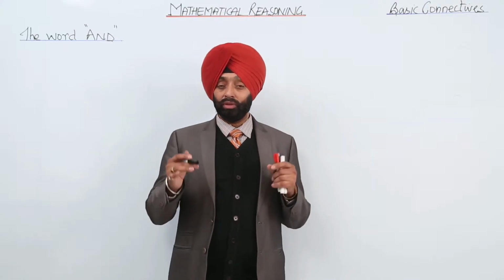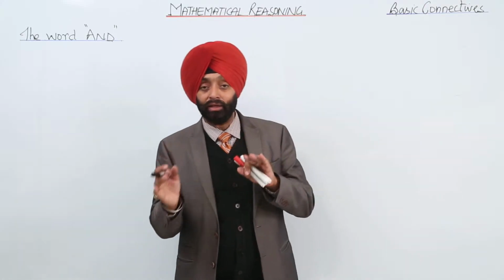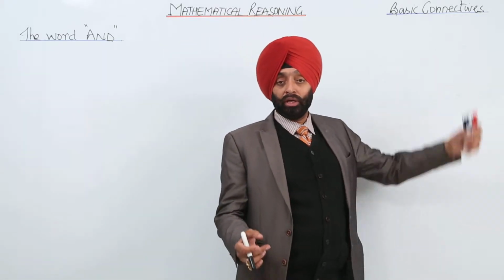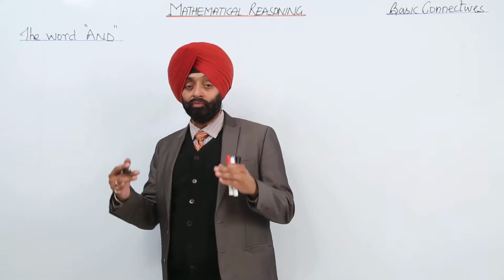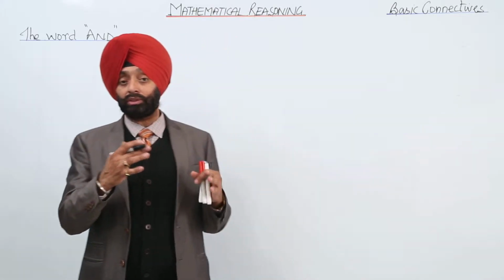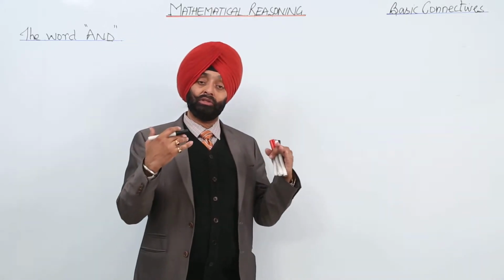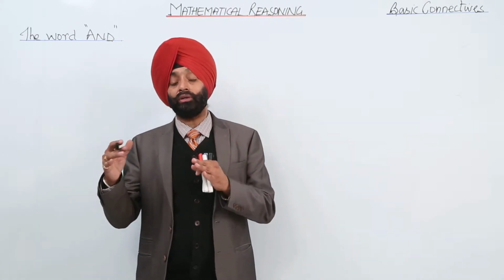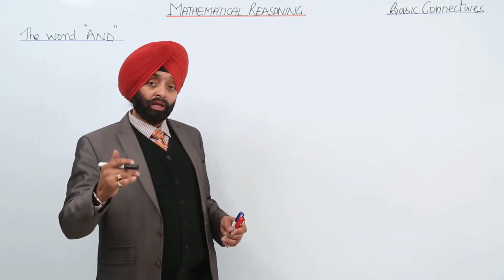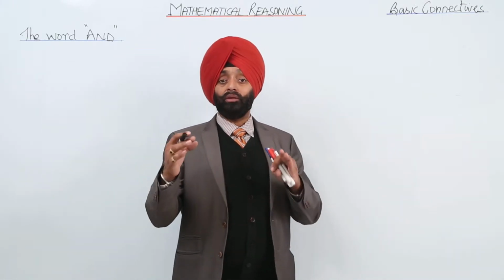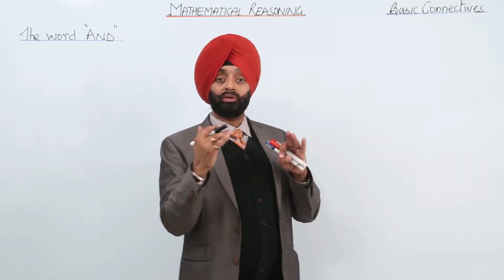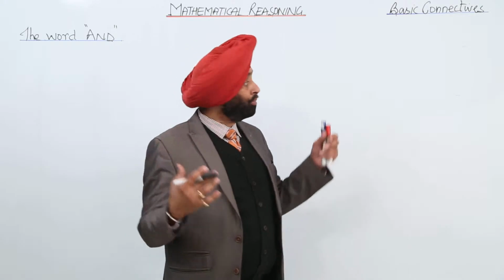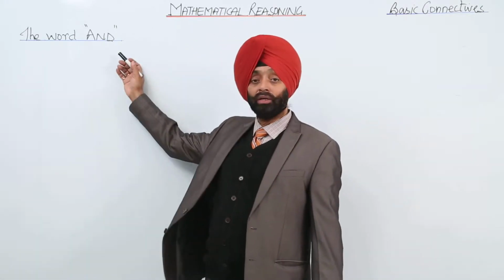Now we are having two very small words, and the second word is or, that are called the basic connectives. Using these two words, sometimes the sense changes. Simple sentences, we are discussing about the statements. Now a simple statement using and converts to a compound statement. So let's discuss the basic connective, that is the word and.